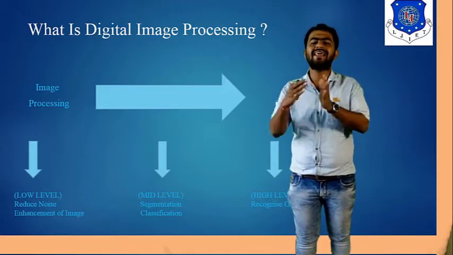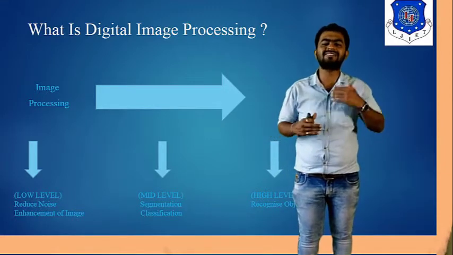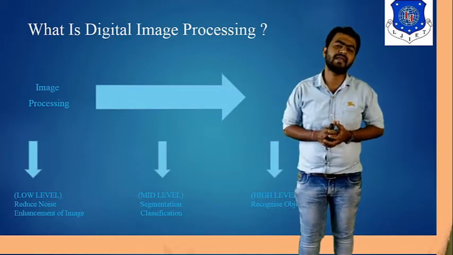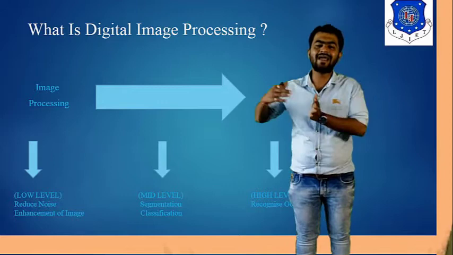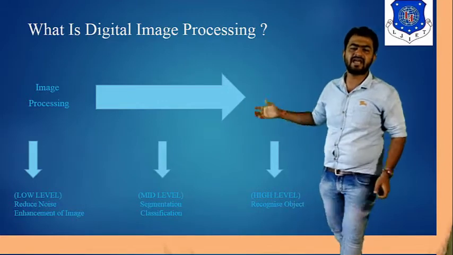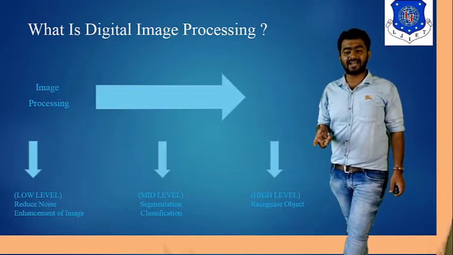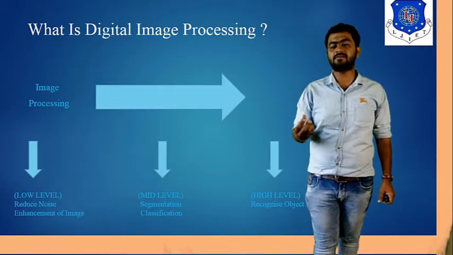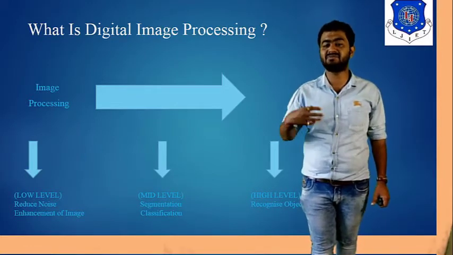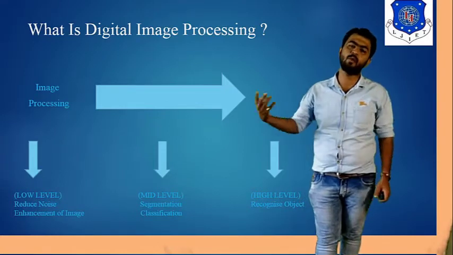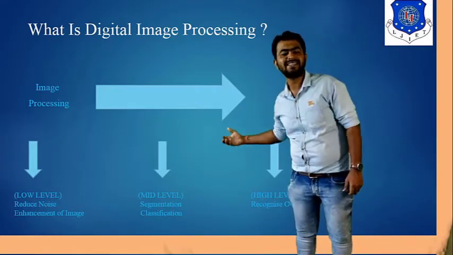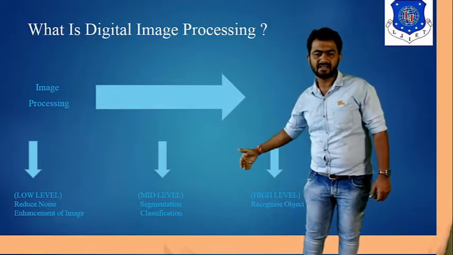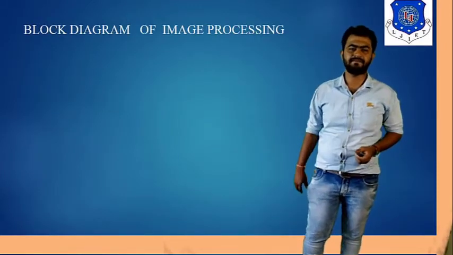Now, if you move to the next, the medium level, then we discuss segmentation processes and different types of classification processes. It's a medium level. Now we move to high level image processing. In terms of the high level, we discuss different types of recognition patterns. We discuss recognition, different types of classification, machine learning concepts, and many more. So we have divided image processing into three categories: image processing to the vision, low level, medium level, and high level.